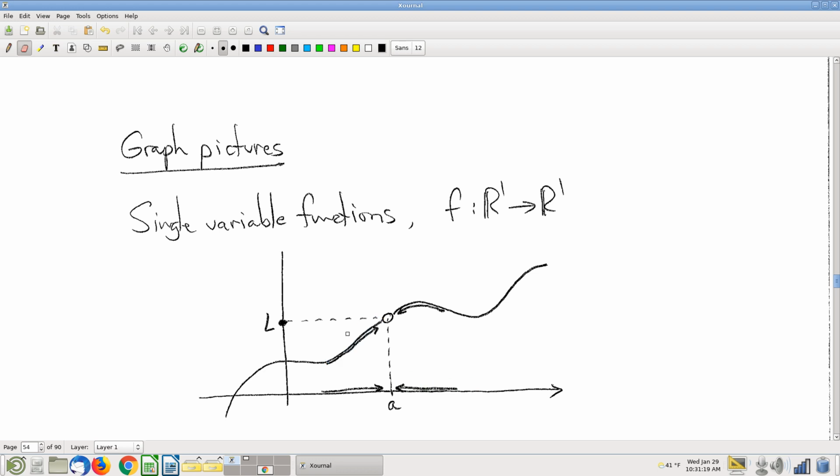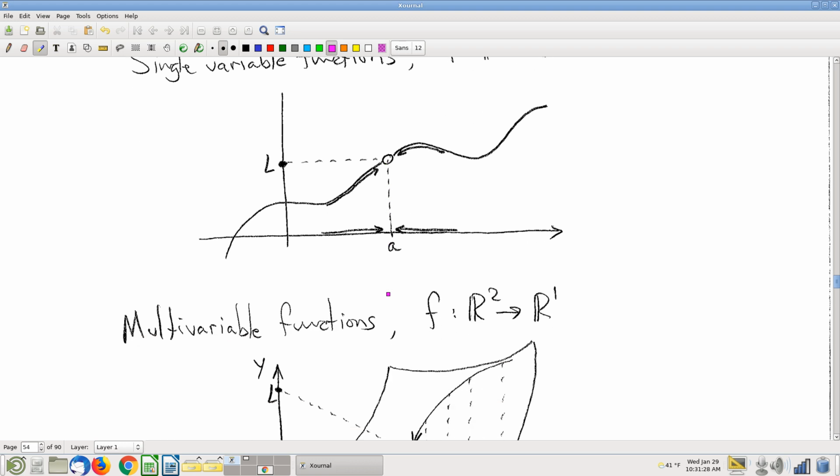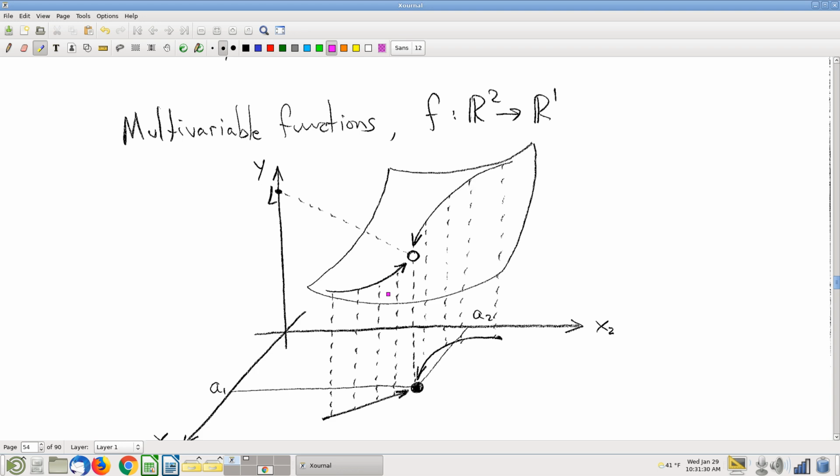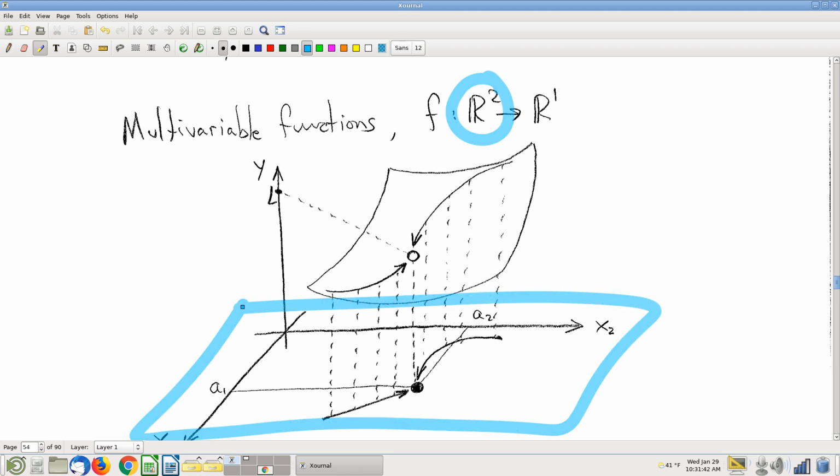But here's what happens if I try to take this picture, this luxurious, opulent graph picture of limits, and extend that to a multivariable context. Here's what I find myself trying to draw. So here's a graph I've drawn of a multivariable function. I've got a function from R2 to R1. Loosely speaking, R2 is down here, and R1 is kind of, you know, again, it's a way of thinking about those, but the graph is this surface-like thing,